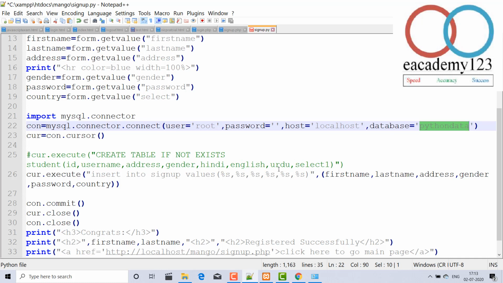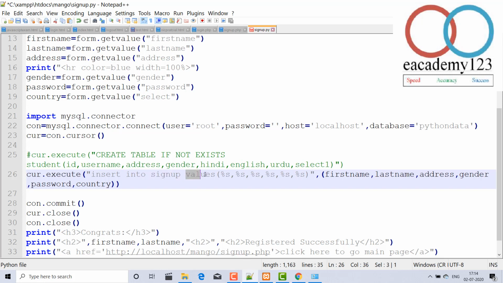But before creating that database, I will explain the cursor. It is an object made using the connection variable, and it executes the SQL queries: insert into the table, sign up table. You can make any table, but for a meaningful sense you can take sign up, sign in, insert table.